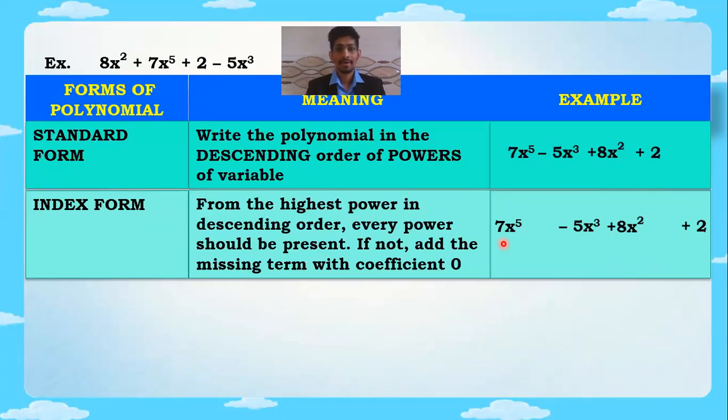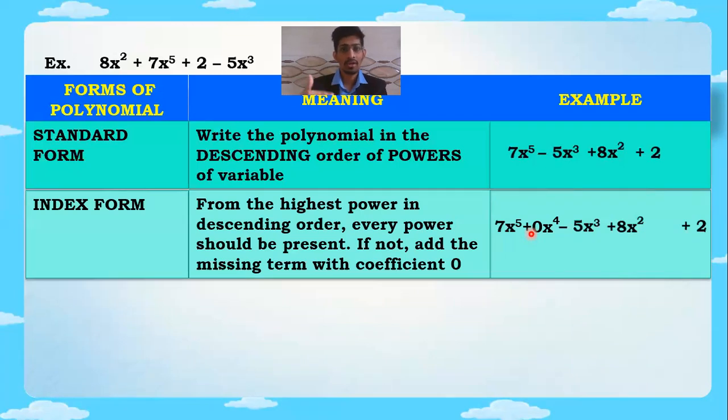But after 5 कौन सा पावर आना चाहिए था? Yes, raised to 4 होना चाहिए था. But do we have raised to 4 वाला term in this polynomial? No, it is not there. So it is missing. So if any one of the power is missing, we need to introduce that with the help of coefficient 0. So we are going to write this as plus 0x raised to 4. Raised to 4 missing है, तो उसको हम लोग 0 के साथ introduce करेंगे, 0x raised to 4.